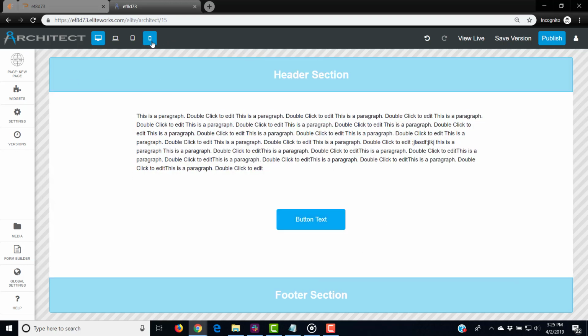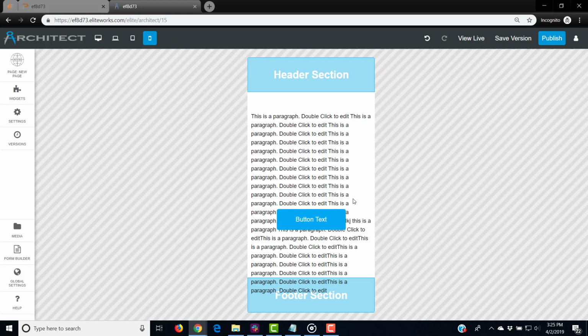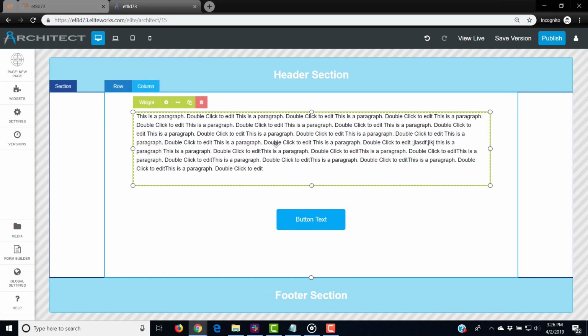But now if I go to the mobile editing view, you can see how the text is not staying within its widget container. It's kind of running down and it's over the top of the button itself. Now, in order to prevent this, with text especially, you want to set it to responsive, and you're going to want to use responsive as much as you can when it comes to text, because it'll always structure the container to always contain the text